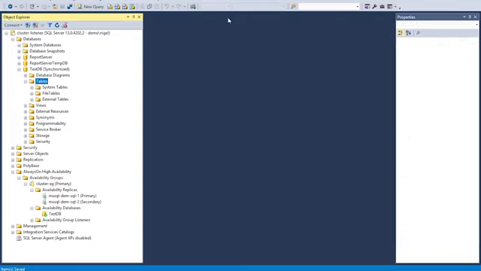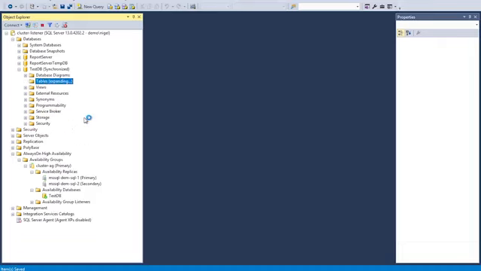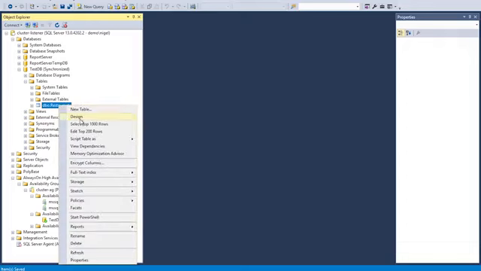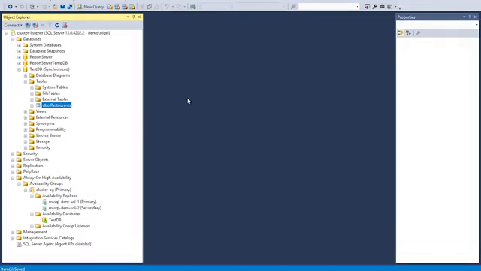So the next thing that we need to do is to add some data into that table. So if we just refresh our tree view on the left hand side, here's our restaurants table. And if we right click on this, then we'll be able to edit some records inside that table. So I'll put a couple of restaurants in here.